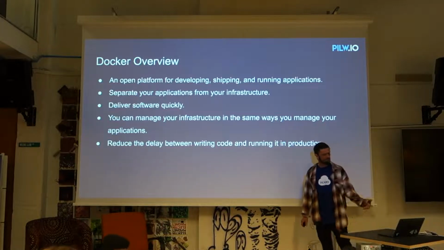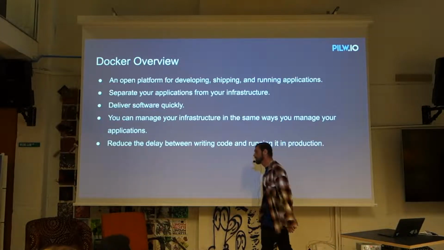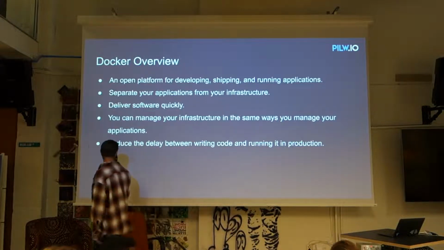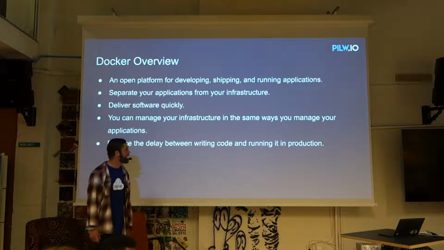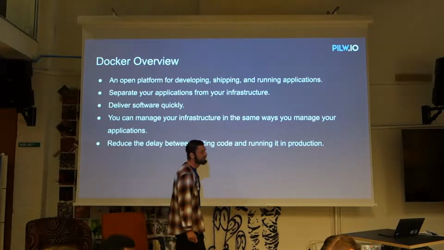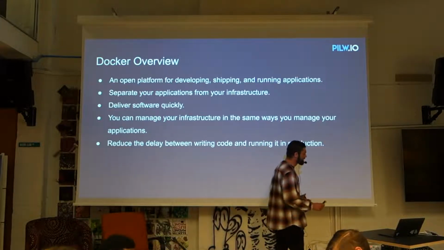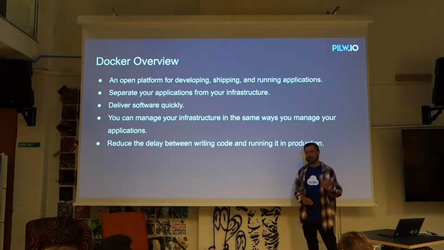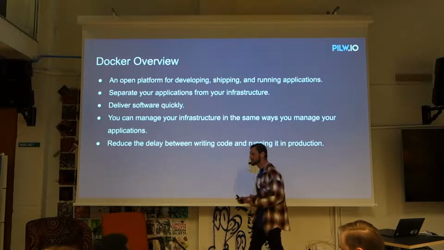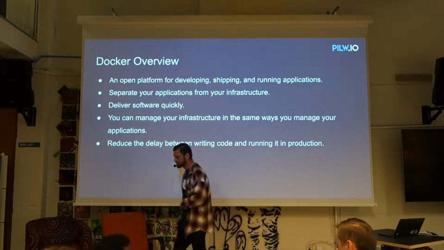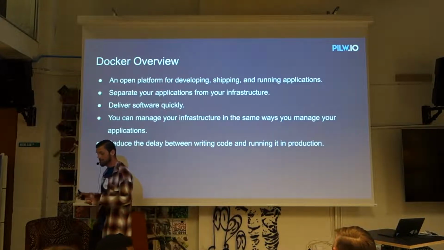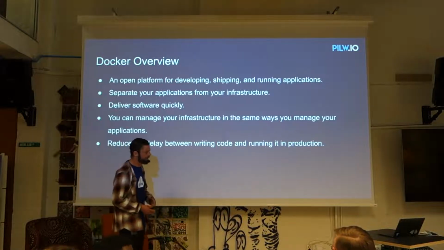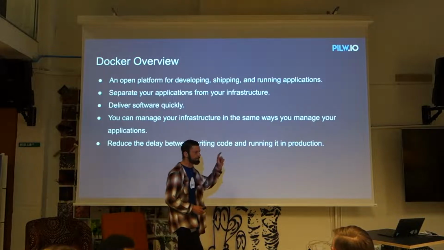Likewise, coming back to my final point, we have the ability to reduce that delay between writing code and actually running it in production. We're not going to go too far into a couple of these points today, obviously, as we have limited time, but I can give you a couple of scenarios, just as a general workflow. You have the ability, for example, to develop your code, push up your container to something like